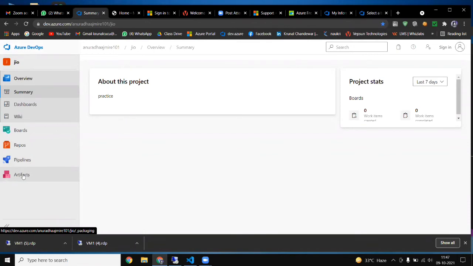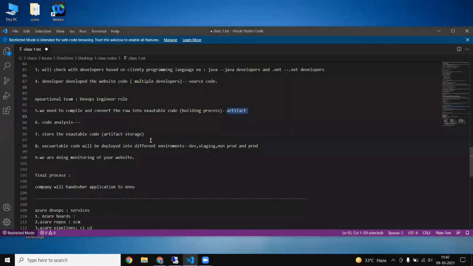Okay, so this artifact is nothing but a place to share our Maven, NPM, and NuGet packages. And what are these Maven, NPM, and NuGet packages? You will get that later. Maven is related to Java, NPM is related to .NET, and then NuGet packages. I will tell you everything when our lecture reaches that scope. Now I'm giving you only a few basics to get more interest toward DevOps. So our role is 6, 7, 8, 9.